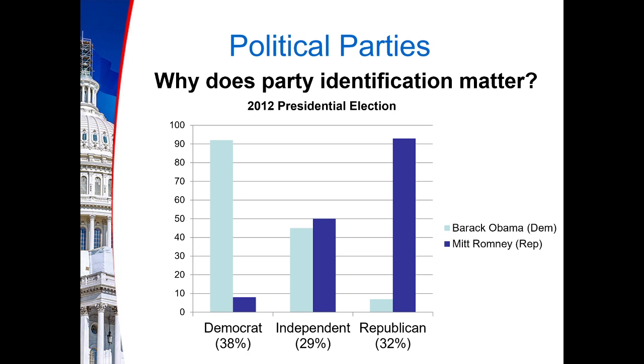And this seems to be very representative of presidential elections in the last 20 to 30 years, is that roughly over 90% of Republicans, those who identify as Republicans, will vote for the Republican candidate, and roughly 90% of Democrats, 90% of people who identify as Democrats, will vote for the Democrat presidential candidate. And then the independents can go either way, right?